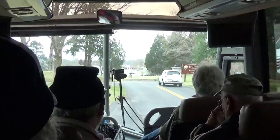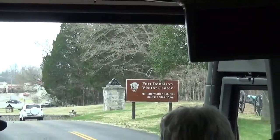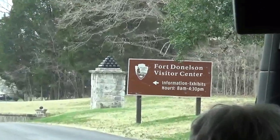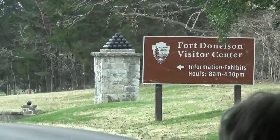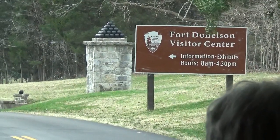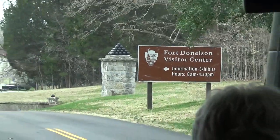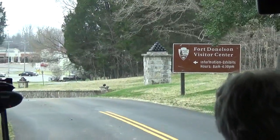The Porter's Battery will evolve into probably the most famous Tennessee artillery battery of the war. One of the section commanders is a very young, about 20-year-old guy named Lieutenant John Morton. Morton will rise to become Forrest's Chief of Artillery, and although I'm sure they saw each other, I doubt they ever talked to each other at the time at Fort Donelson. So this was the genesis of Morton's Tennessee Battery, which will wreak such havoc at Brice's Crossroads and other places